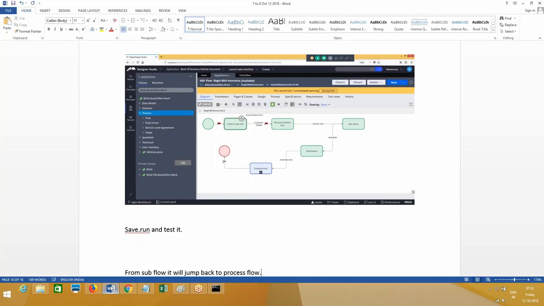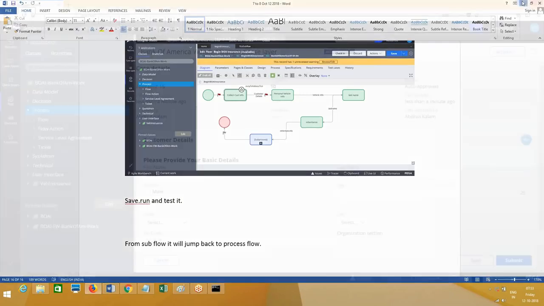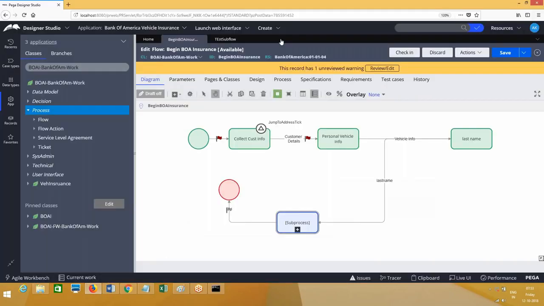But from process flow, one flow to another flow, it can come back, but it cannot go forward direction. It is not working. You can run 2 or 3 test cases for the same and see and tell me if you identify any issues, but it will not work. So now the ticket, suppose you are calling a ticket, it will jump in the flow. The next test case is if you're calling ticket in multiple flow shapes, first one will be identified. You can test it on your own. Okay, that is the second test case.